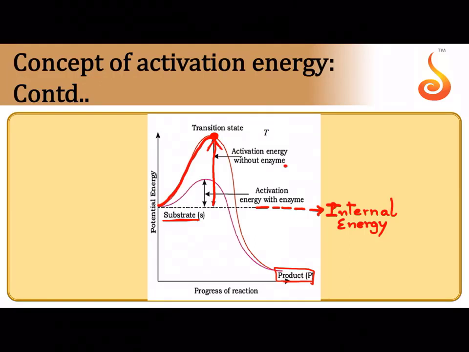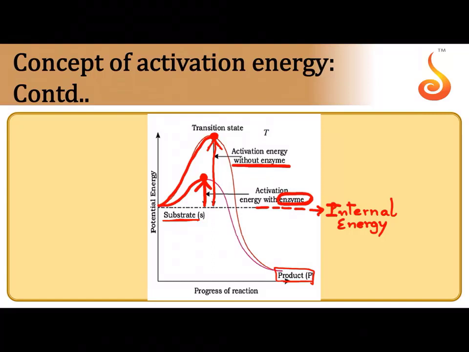The extra energy that you need to give to the substrate to push it to this higher energy state is called activation energy. Now here, without the enzyme, the substrate is being very stubborn. It is asking for too much energy. But notice here, in the presence of enzyme, very quickly the substrate reaches the higher energy state. So it is asking for a lesser push. Why is it asking for lesser activation energy? Because there is enzyme with it. So when enzyme is not there, the substrate wants a greater push to reach the peak, which is called the transition state. When the enzyme is there, the substrate needs a lesser push to reach the peak, the transition state. And only if the substrate reaches the transition state can it ultimately get converted into a suitable product.